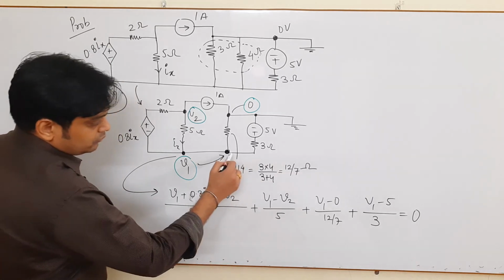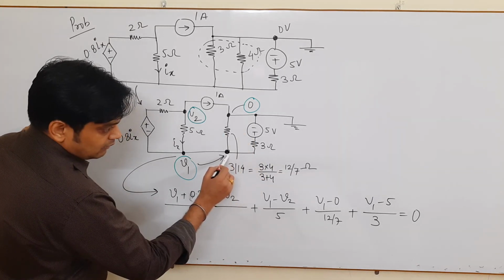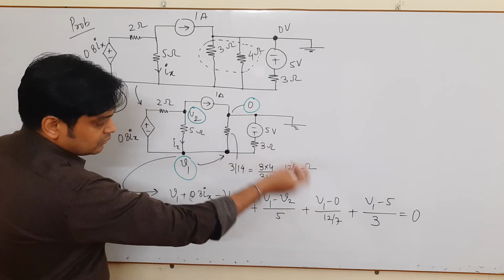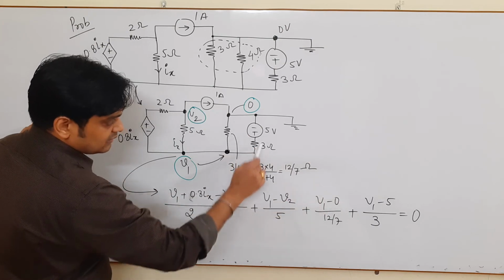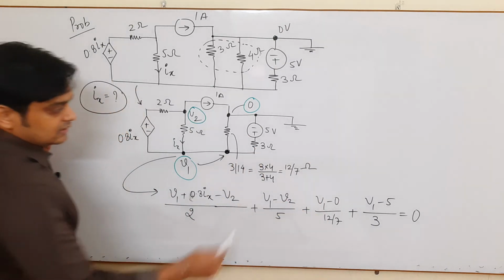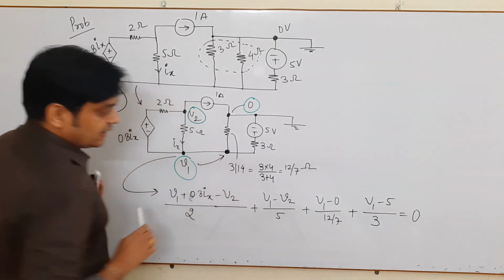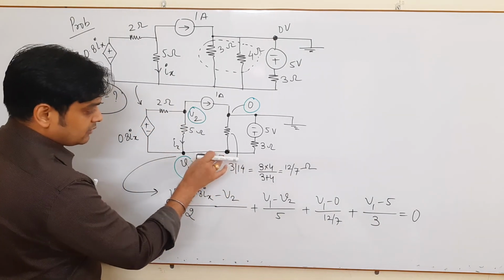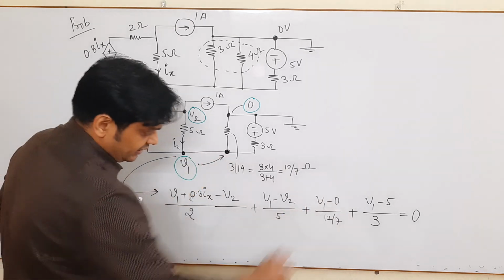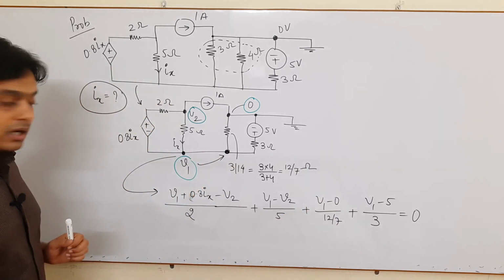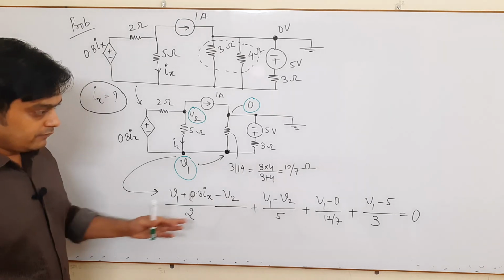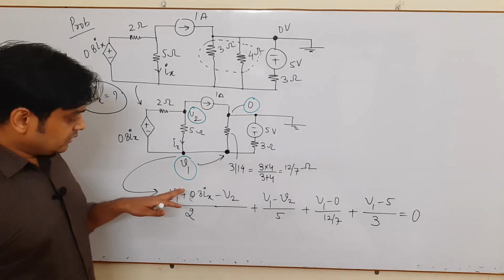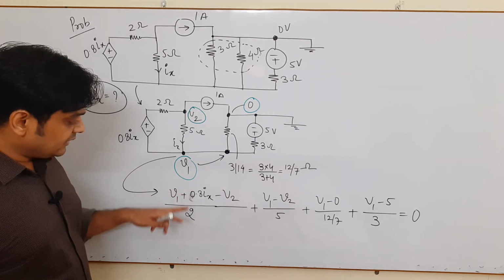Similarly, when you come to this branch, what is the voltage here? It is V1 plus 2 minus 5 or 0. I have not written that 0. So it is V1 minus 5 divided by 3, the current which is flowing here. So you have to find this current, this current, this current and this current. There is no current because of common potential. So this is your first equation. I think you people understand this equation, very easy to understand. Now, there are 3 unknowns, V1, V2 and Ix.